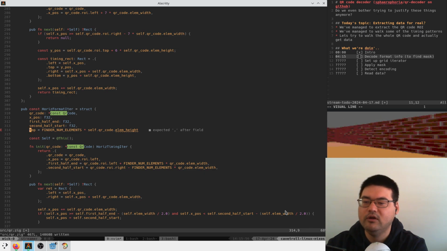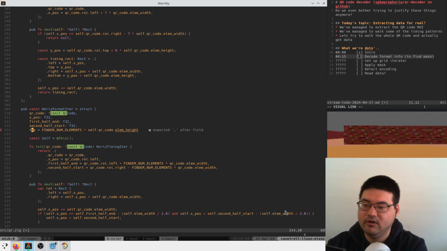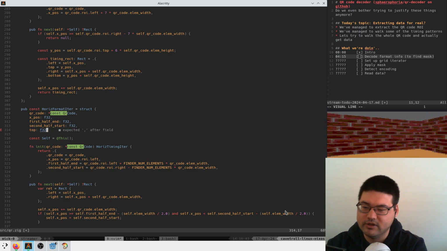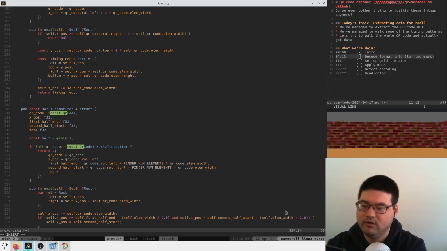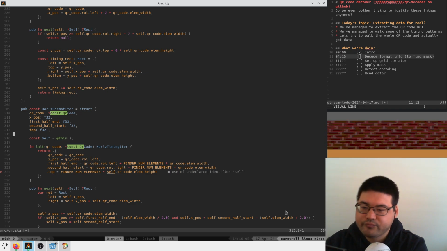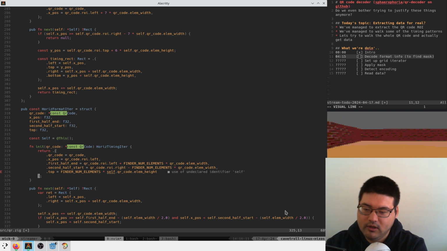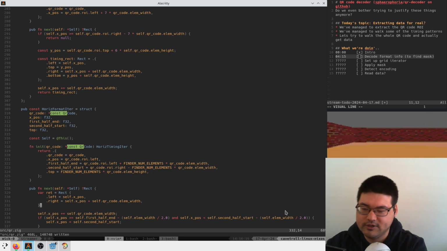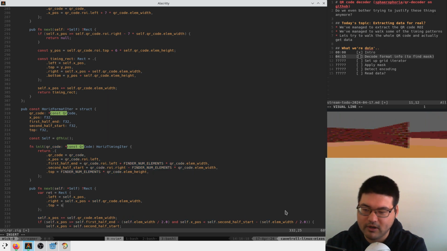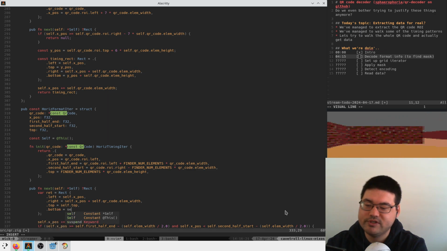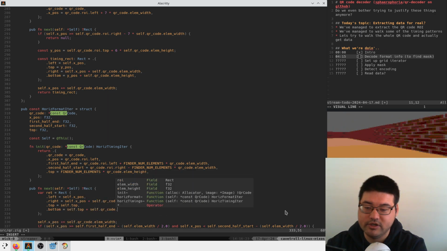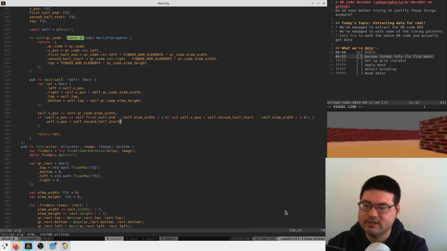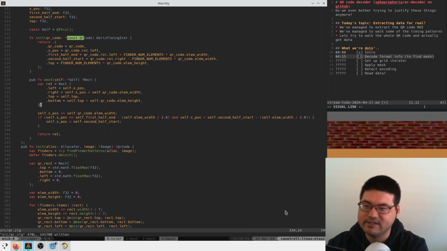Top is a F32. And we'll store this here. Okay. And I guess we will compute the bottom every time. It doesn't really matter. Self.top plus self QR code.lm height. Yeah. Then we return ret, we increment x, and now we just have to cover the last case, which is